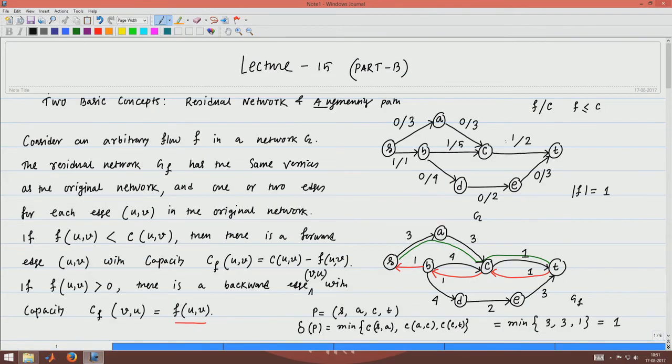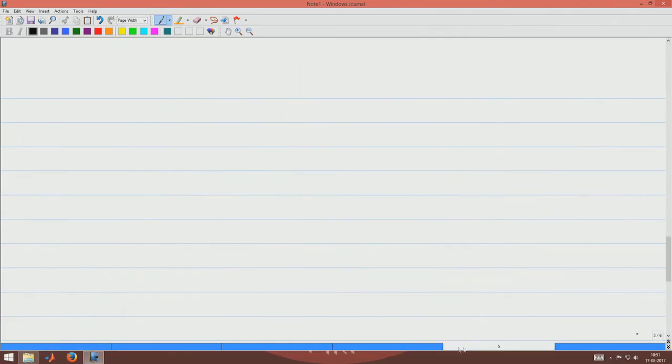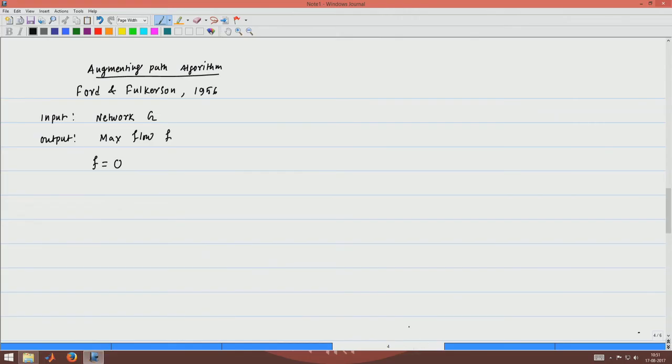We started with this flow and we computed the residual network and then the augmenting path, but the algorithm says that you can start with a 0 flow, that means all the flow values are equal to 0. Okay. So, you start with 0 flow, and while